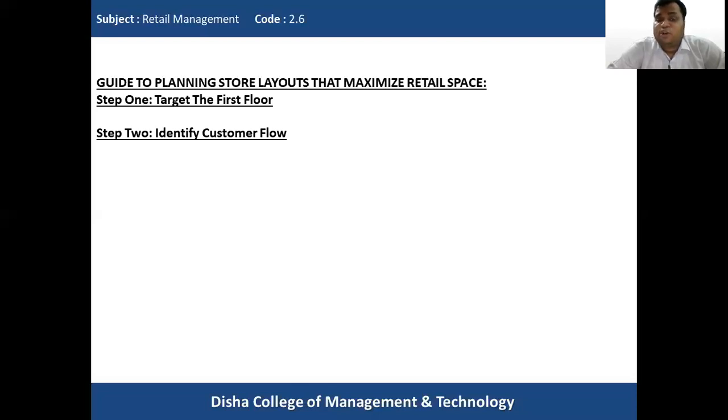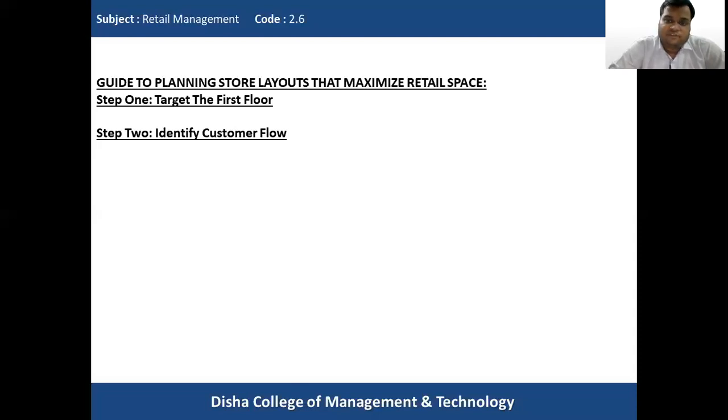Whenever the customer enters the store, it's very important to understand how the customer navigates throughout the store, what are the various points through which the customer moves through the store. It is very important to understand this customer flow, because it tells us what are the various prime locations in our store where we can display our merchandise, and what are the weak or not so prime locations where the customers do not move around or navigate to browse the products.